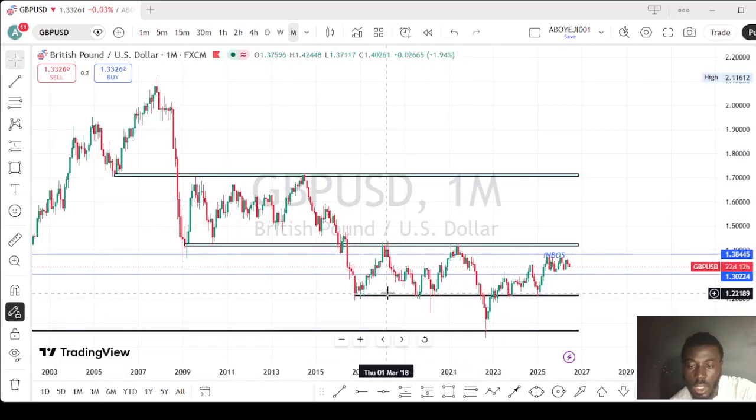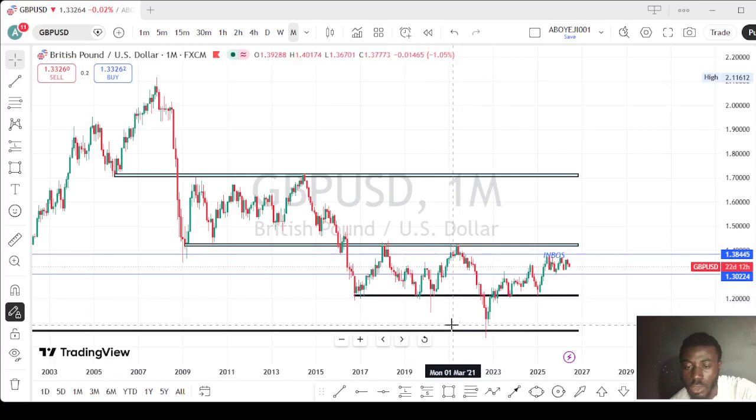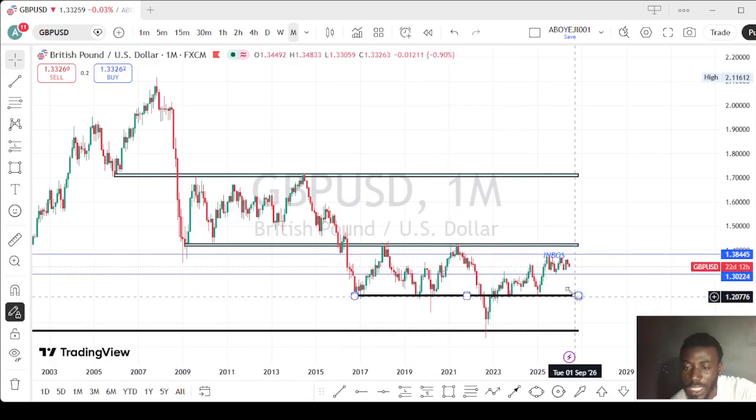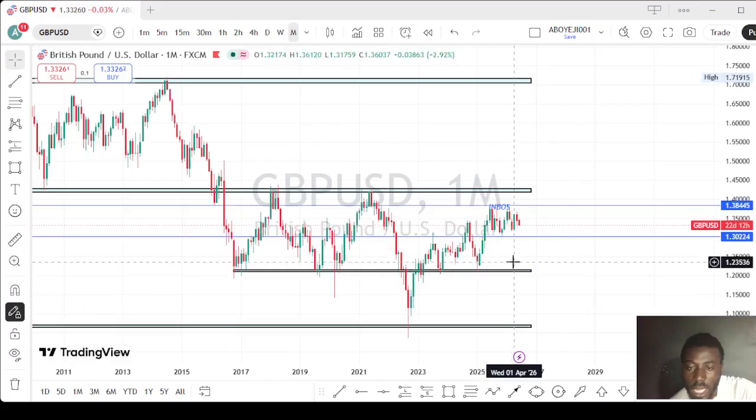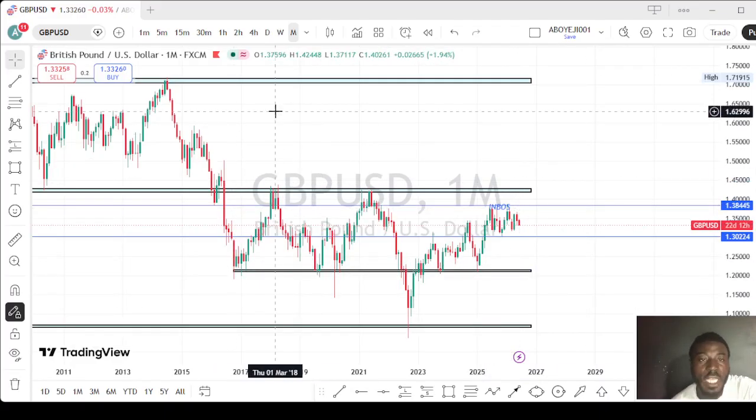And these are other supports here. You can see the market has been touching it 1, 2, 3, 4 times before the market swept the liquidity. You can see the market touches again and continues the uptrend. So if the market continues coming down here, you can see a huge uptrend again.